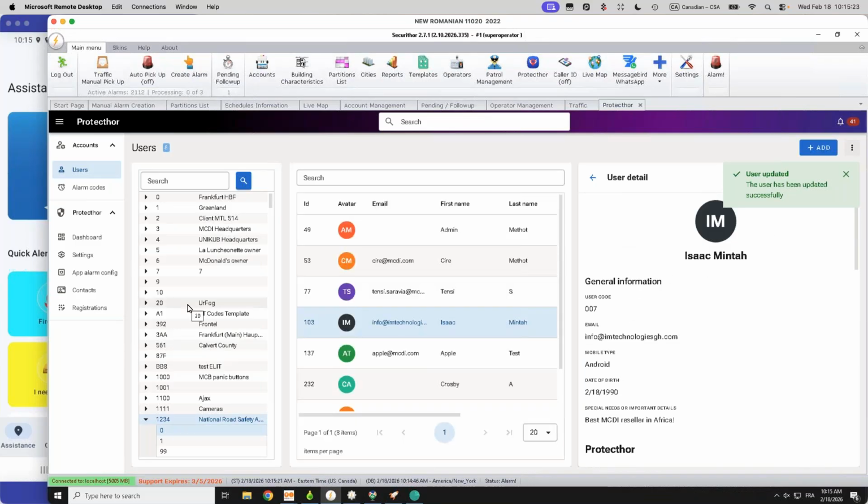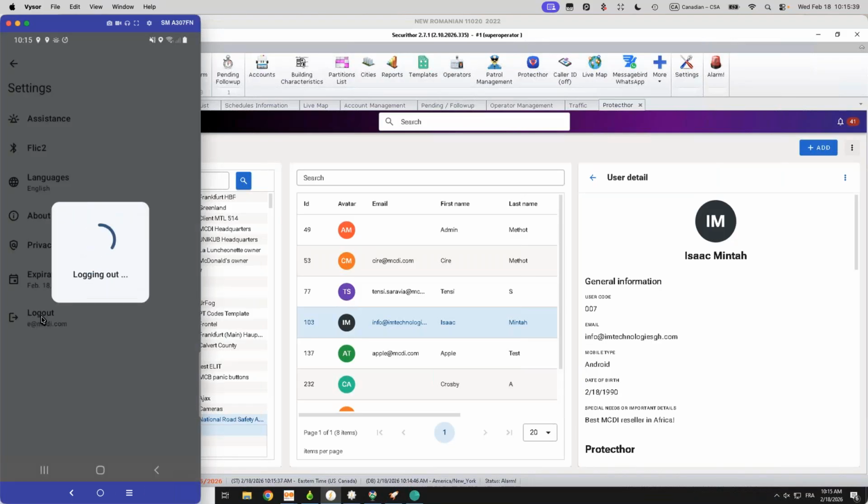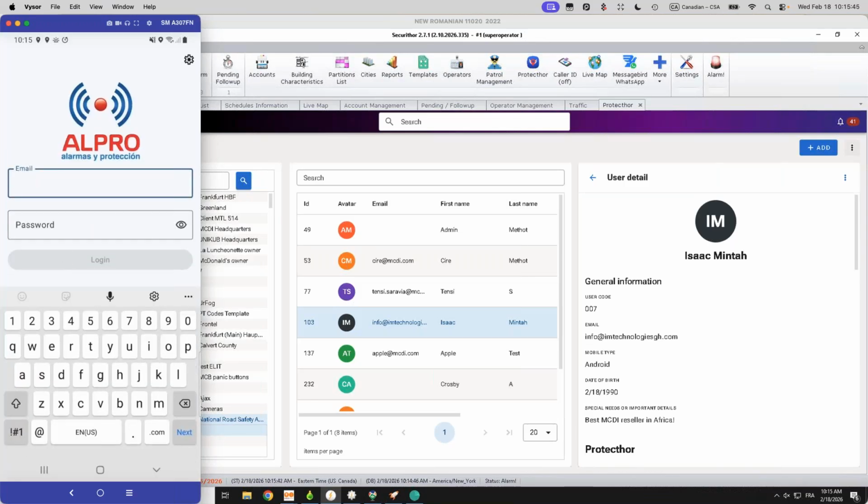So quite easy, quite flexible, I would say, in PROTECTHOR. And that also means that you can have the experience for the app as a service for your central, but also as a more community-oriented app. So I'm going to log in with Isaac's login just to show you that we customize the experience